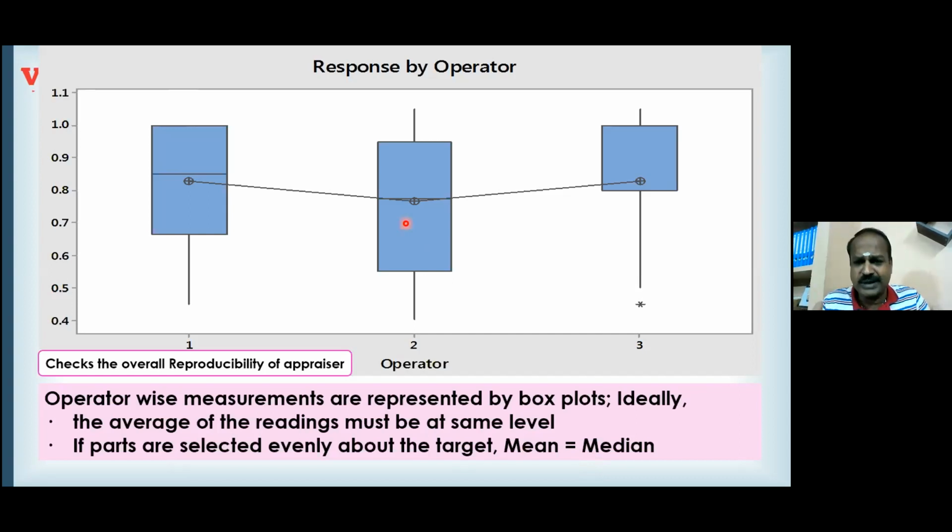So you have to be completely involved. Then only will you be able to comment. If you select in a random pattern, then you cannot make this comment. You cannot figure out how the mean will be equal to the median. Only when the data is exactly 50% above and 50% below, and the 10 parts are evenly placed, will you see your mean equal to the median, and so you can make a conclusion. If you lack that information, then you cannot comment like this. You can only say 2 is not aligning with the team.